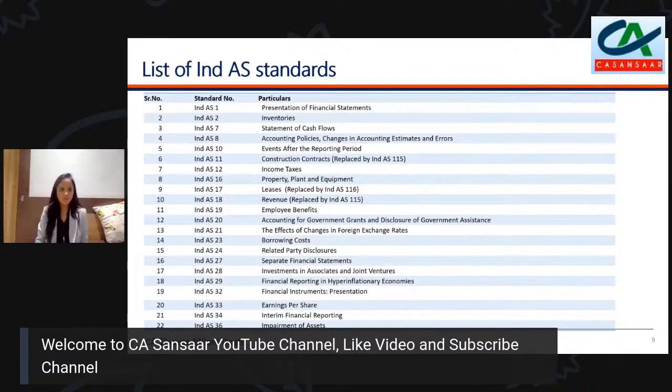Moving on to the next standard, which is called Ind AS 23, borrowing cost. Under Indian GAAP, also you have a similar standard called AS 16. So what is the difference between these two standards on an overview basis, Ind AS 23 and AS 16? As a concept, there is not much difference. Here also you have conditions for capitalization. Here also you have a time limit for the purpose of capitalization, and the concepts are similar, but the capitalization of borrowing cost is computed as per the effective rate of return in the